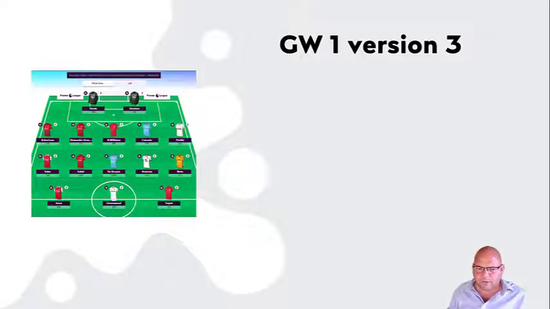Goalkeepers don't make you a great return in fantasy football either. Brought in some more premium defenders. We got Liverpool's defenders. Neco Williams is a bargain at Forest, and then Cancelo and Perisic at Tottenham. All going to be bombing forward. Then midfield, we've still got Salah, De Bruyne, Saka of Arsenal, and then we've got Andreas at Fulham, and I've got Neto in this team. And then I brought in Jesus from Arsenal,